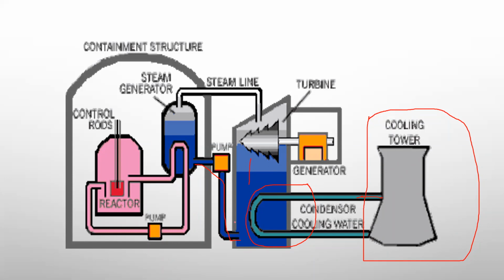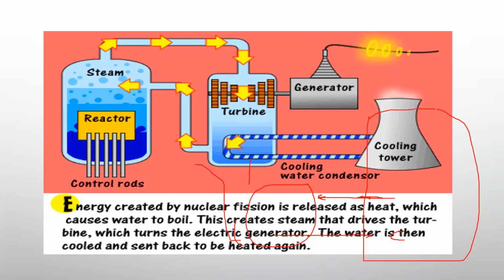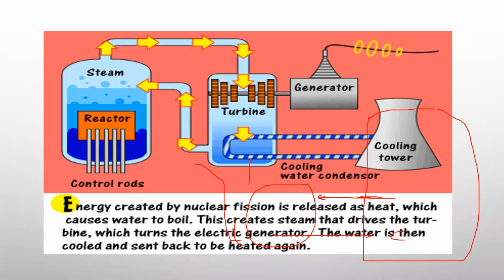In order to cool the steam, we took a condenser, right? To cool it, we compulsorily require cooling water. For that purpose a cooling tower is there. From the cooling tower, cold water is coming like this, and it becomes hot. The hot water is once again sent back to the cooling tower. Once again here the water will be cooled, and the cold water is again circulated inside the condenser. This is a cyclic process. If a condenser is present, a cooling tower is compulsorily required. And if you observe, this is also one type of another arrangement.